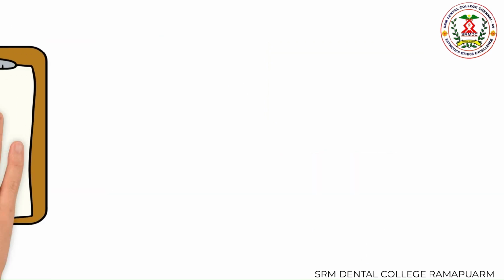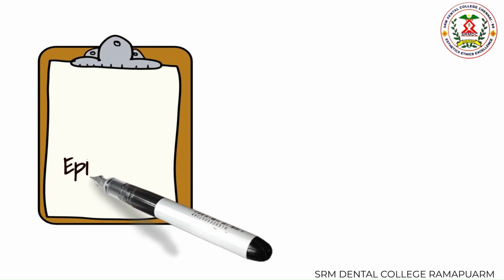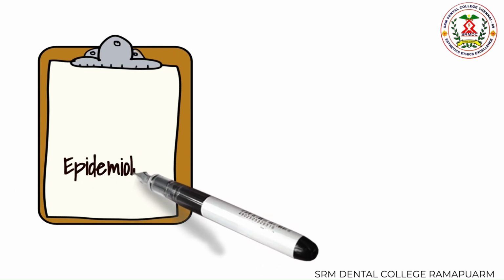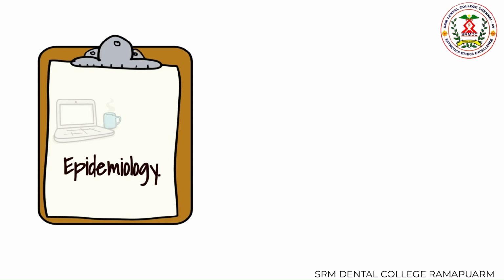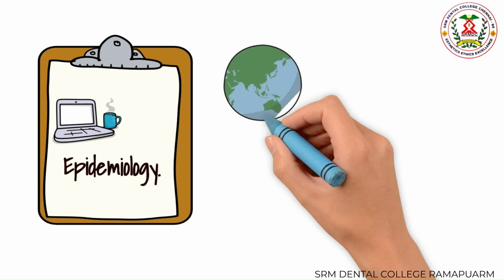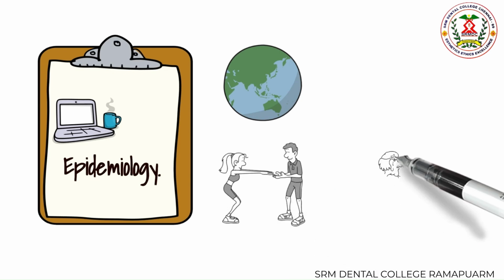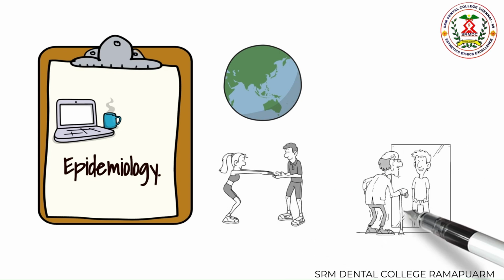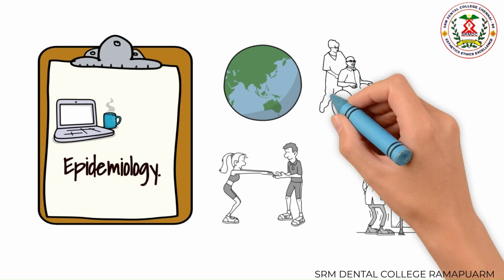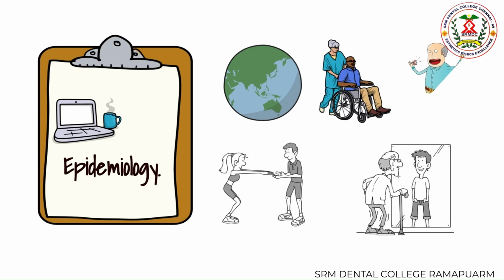That means new bone has been laid down inside the residual ridge in advance. Coming to the next topic, the epidemiology of residual ridge resorption. Till date it would appear that residual ridge resorption occurs worldwide, in males as well as females, in young as well as old people, in sickness as well as in health, in patients with and without dentures, and is completely unrelated to the primary reason for extraction, which is caries or